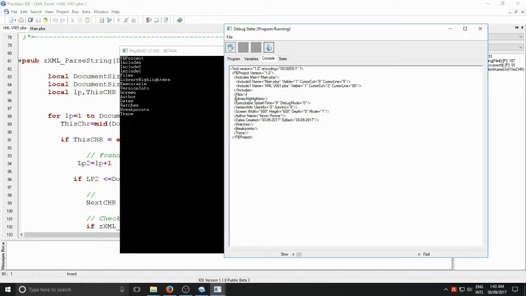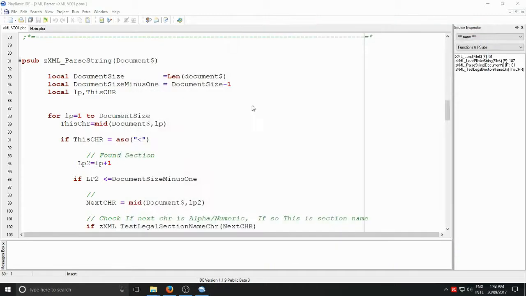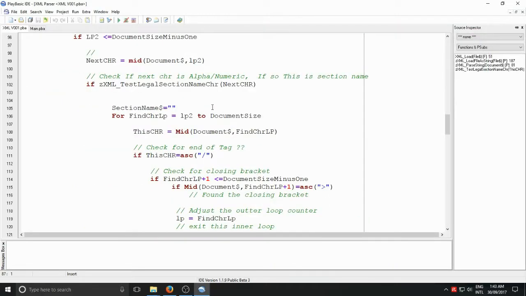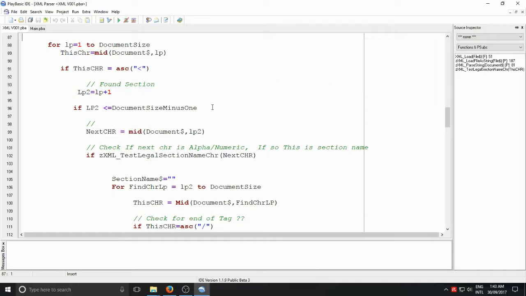Okay, so library highlighters is done, executable is there, version info, screen, author, dates, watches, breakpoints, trace, and the last one's not there because it's the same situation. It's a closing bracket, it doesn't know what that is. Cool. Let's try and